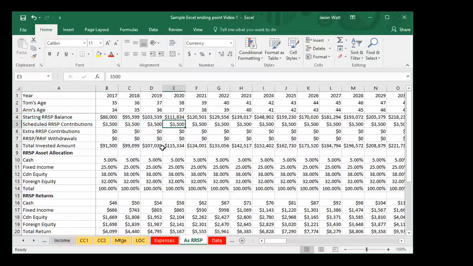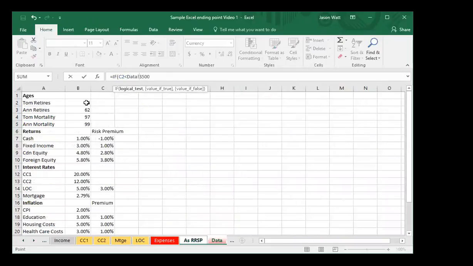And we did this before. We could, with our RSP contributions, do something similar where we're going to actually stop RSP contributions in retirement. Same thing that we've done over and over and over again. So what I might do here is I say, all right, if Tom's age, and we'll do things a little differently here than what we've done, if Tom's age is less than our retirement age, then we're going to make that 0. And otherwise, we're just going to refer to